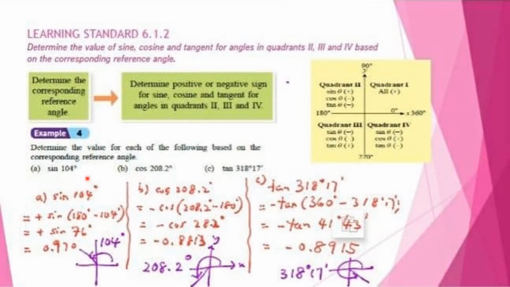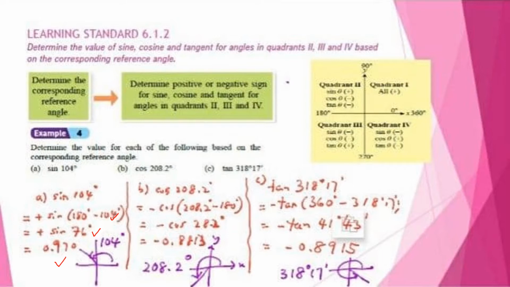We know that 104 is in quadrant 2. In quadrant 2, only sine is positive. So we must find the corresponding reference angle. To find the corresponding reference angle, it is equal to sine of 180 minus theta. Your theta is 104. So you are going to get positive sine 76, and then from the calculator you can get your answer as